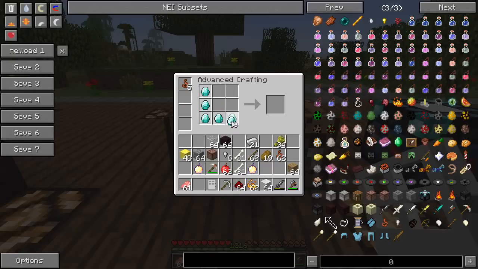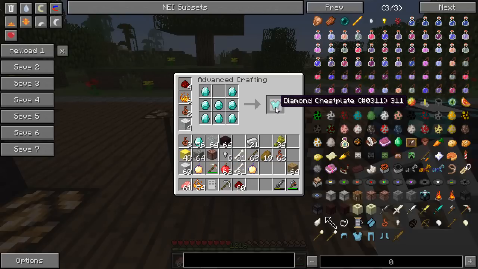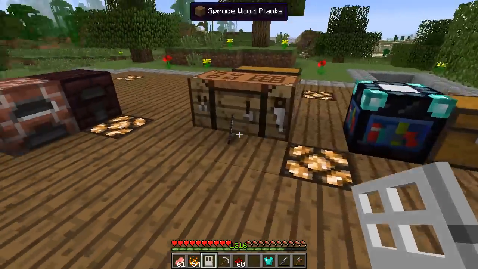Or if you want to make yourself some armor, this requires a lot of stuff. So in this instance, we need 4 redstone, 1, 2, 3, 4. We need 6 blaze powder, 1, 2, 3, 4, 5, 6. 2 leather strips, and 4 pieces of wool. So the difficulty curve has gone up quite a lot should you use this mod, but it's definitely an interesting twist